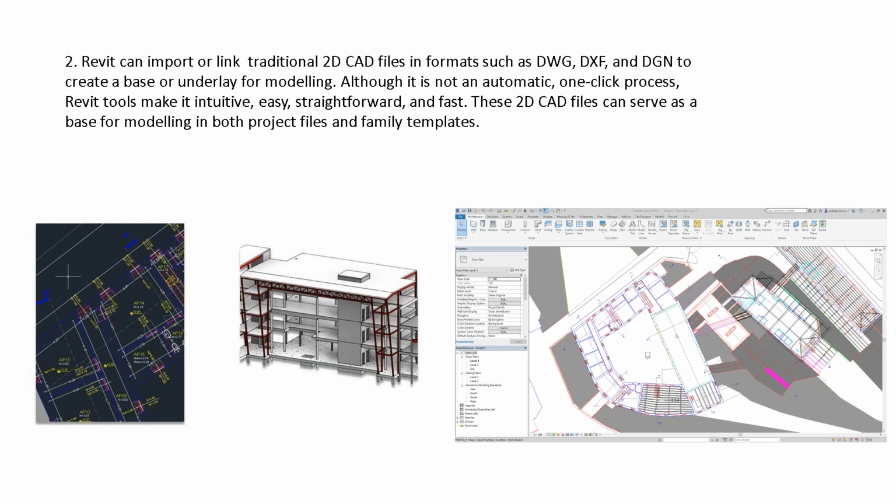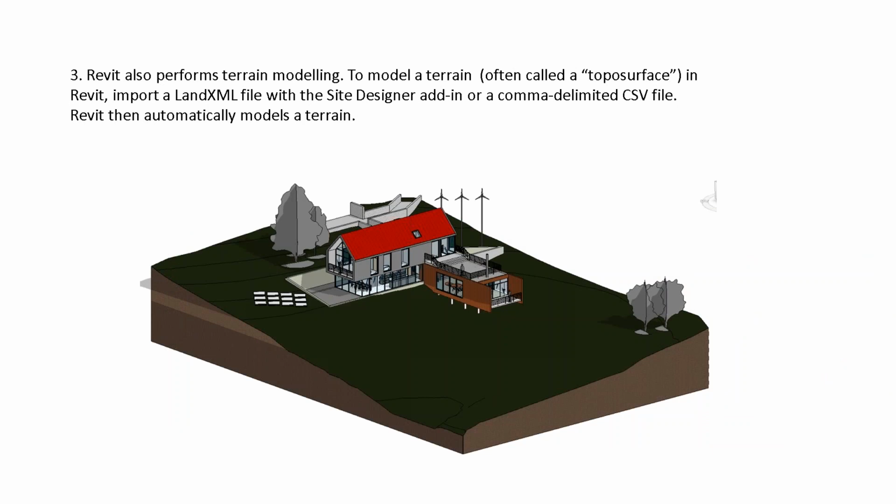Okay, let's go further. What is also important is that, as I told you about 2 slides before, a BIM model is not only a building, it's also a tunnel or a bridge. And that's why in Revit, you can also perform terrain modeling. So it's not only the walls, the concrete columns, and so on. It's also that you model terrain in Revit. It's called the topo surface. You can create this topo surface, this terrain, based on different